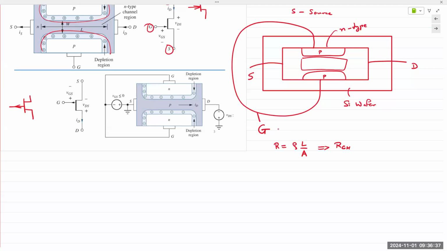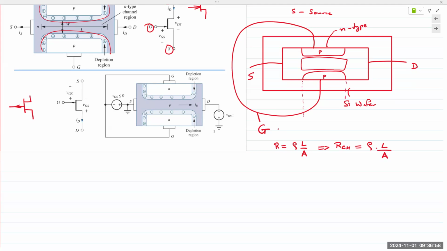And the equation for RCH is the resistivity of the channel, the length of the channel, and the cross-sectional area. The length of the channel, of course,